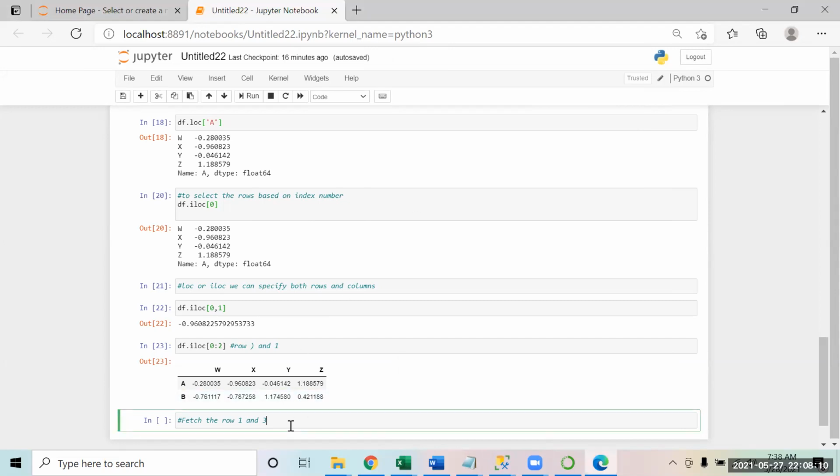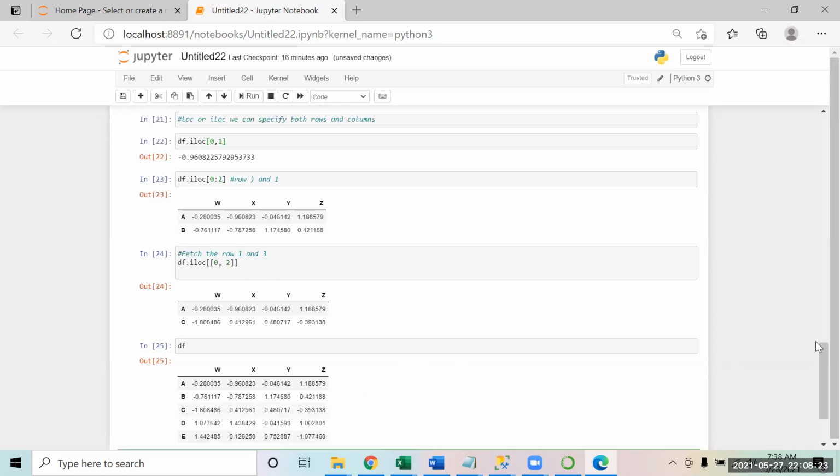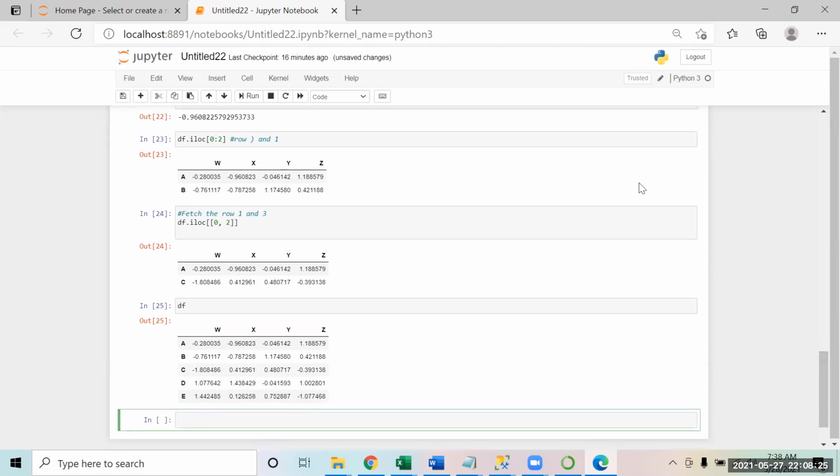So we'll go in that index format in that case. In this data frame, I want to see this in the output.